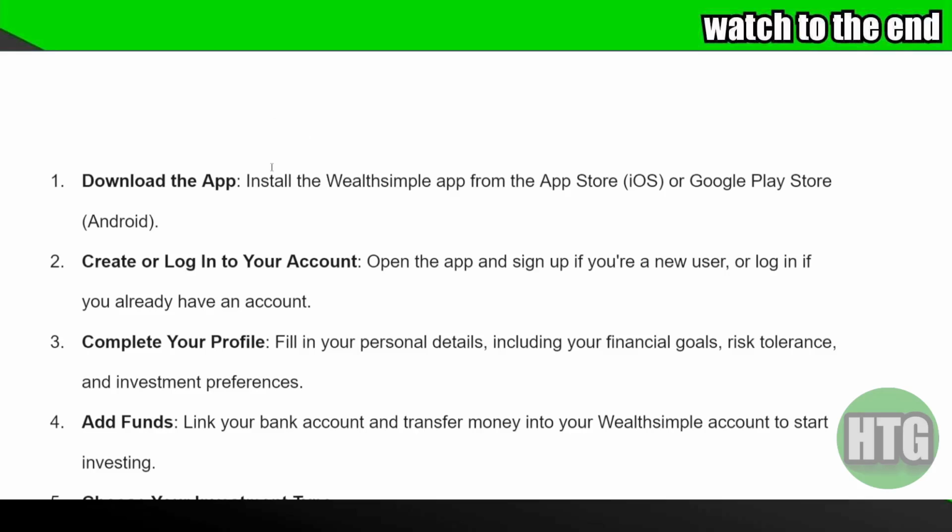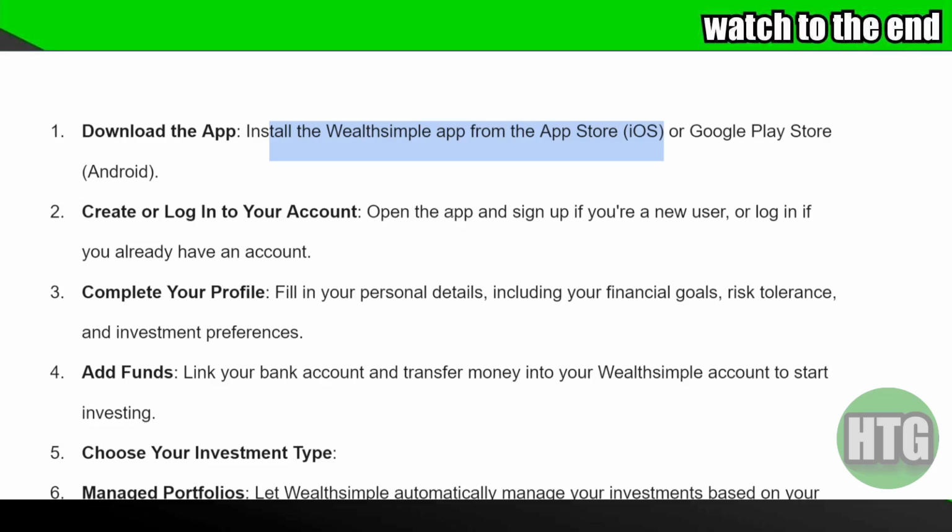So, first of all, obviously, you need to install the Wealthsimple app from the App Store in the iOS case, or if you have Android, you can download it from the Google Play Store. Once you have that, you just have to create your account and then sign in. Once you do that, you just have to complete your profile, fill in your personal details, include your